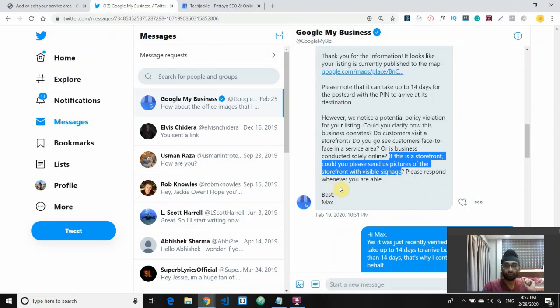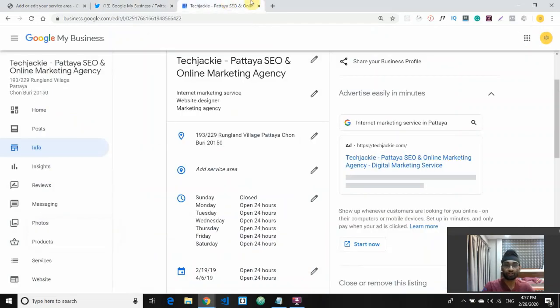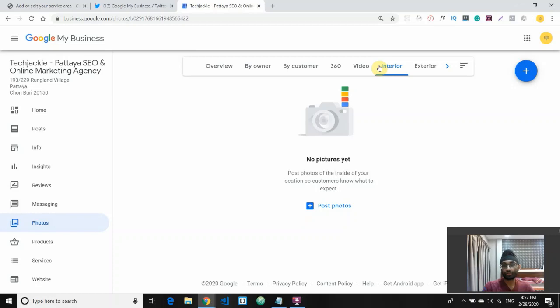upload your business office or location as well, with the proper signage or logo here. And the way you can easily do that is to go to your Google My Business and go to the photos, and click on the section where it says interior. So you just go to interior and upload it there. And remember, when you upload it, make sure that you have a proper logo, a proper sign